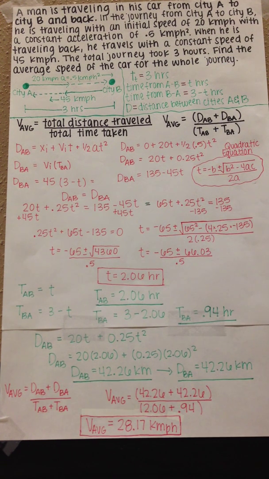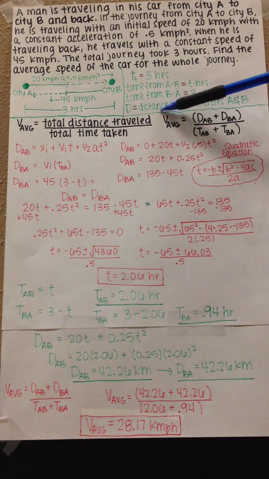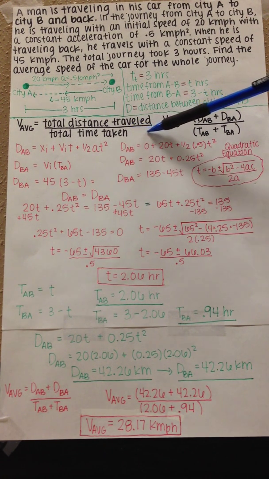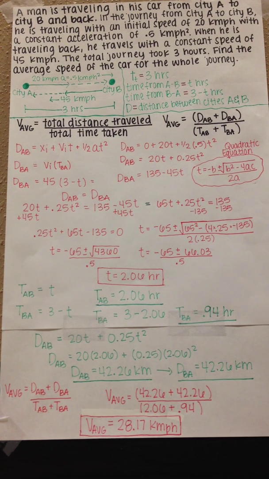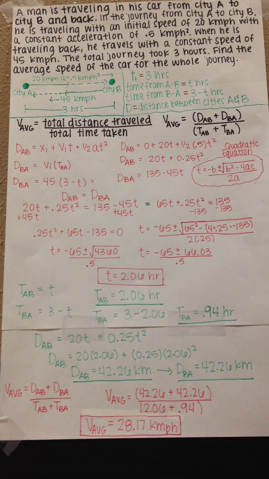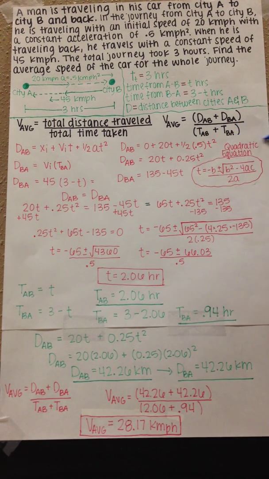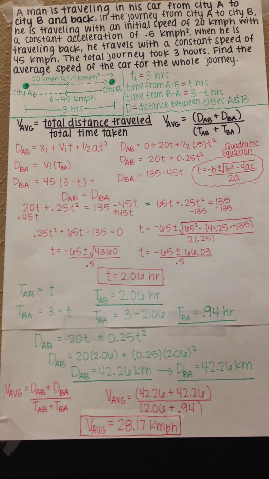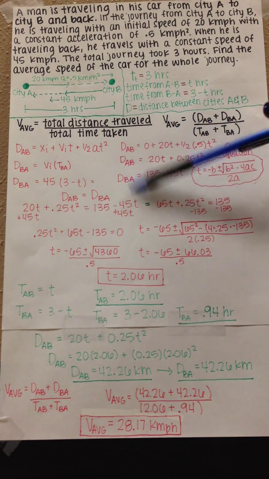In order to find the average speed of the car, you have to use the formula of total distance traveled over total time taken, which means the average velocity is the distance of A to B plus the distance of B to A, over the time of A to B plus the time from B to A. So we know we have the total time, which is 3 hours, but we don't know the distance from A to B. So in order to find the distance from A to B, we have to use this formula for